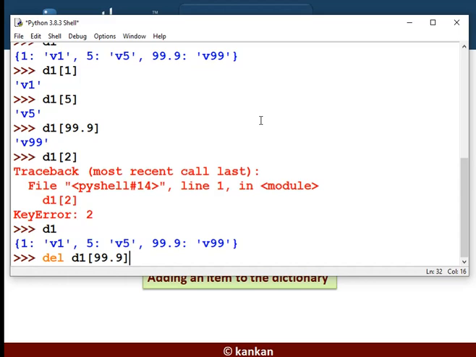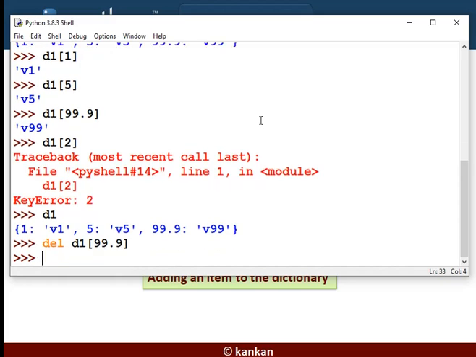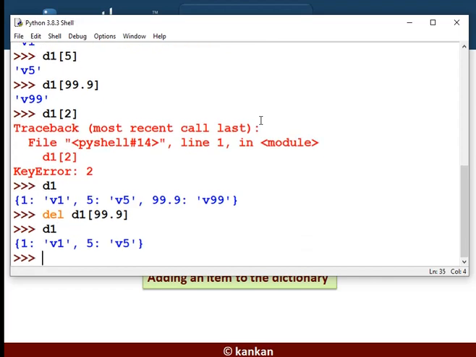It will be deleted based on the key. Now, what are the items that exist in this dictionary D1? Okay. So these are the items that exist in this dictionary right now.